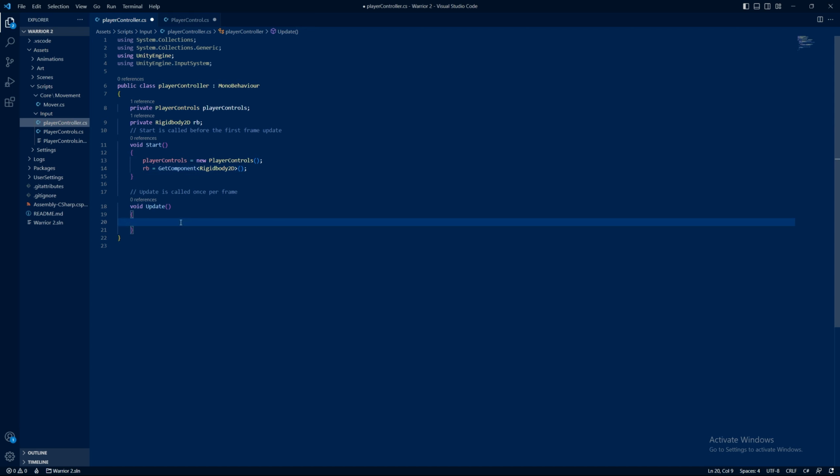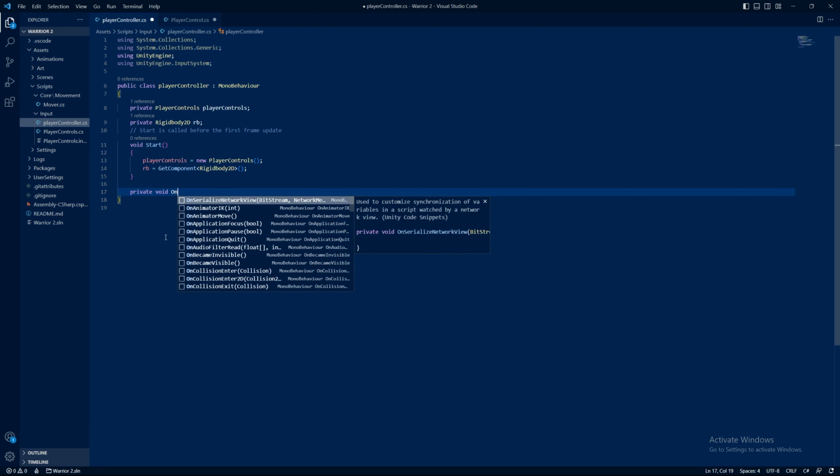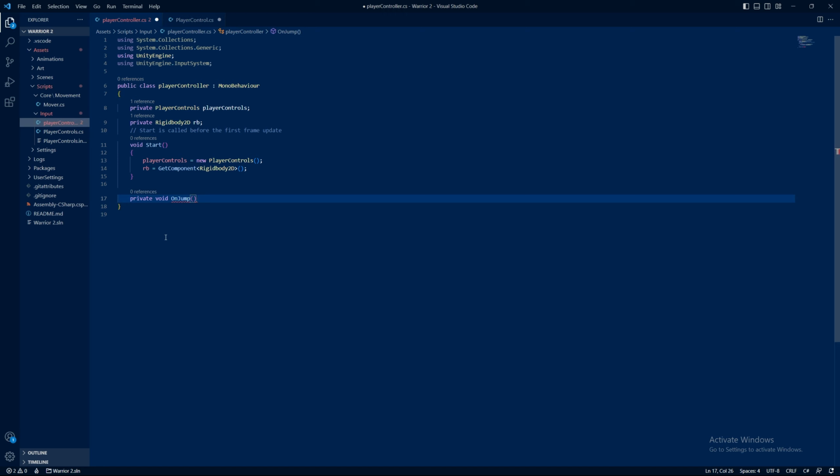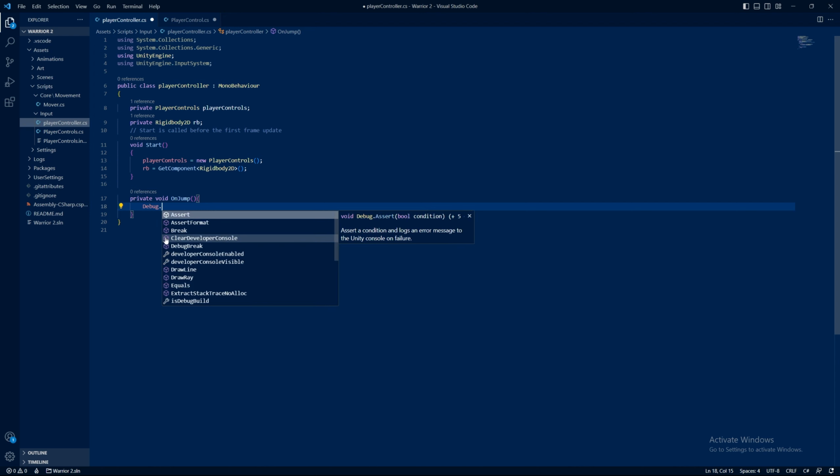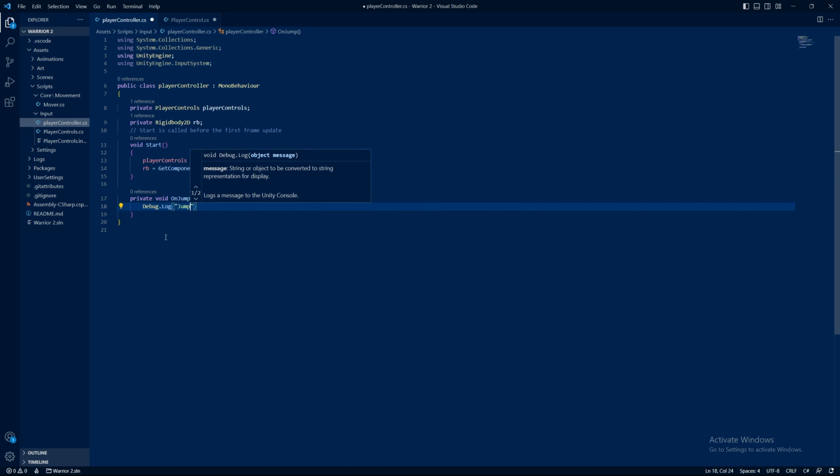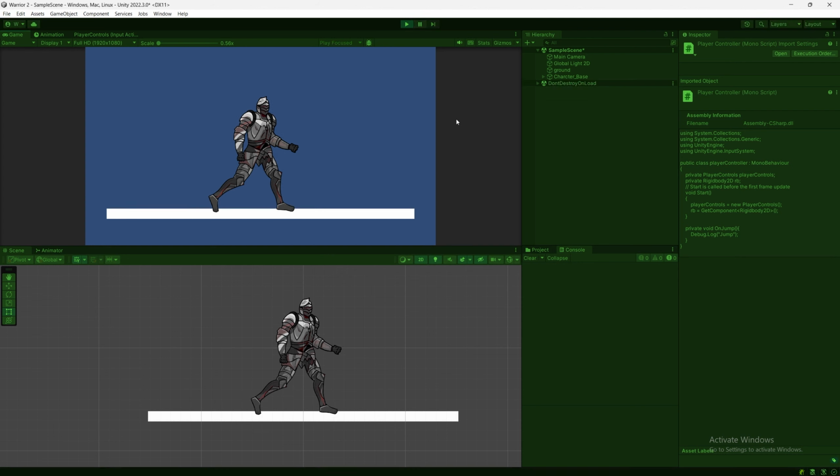Now, let's create our jump method. Remember, we need to add the word On before we call our jump, and that gets called when our action is performed. So I will write private void OnJump with curly braces. And in this method, we can write the logic. To see if our method is being called, let's first just write Debug.Log jump. Let's go back into Unity and play the game to see if our method gets called. And as you can see, every time I press the spacebar,